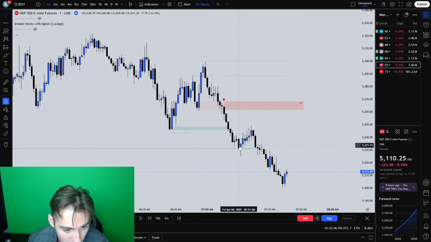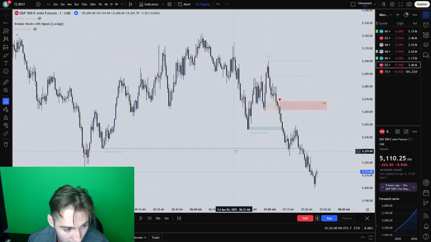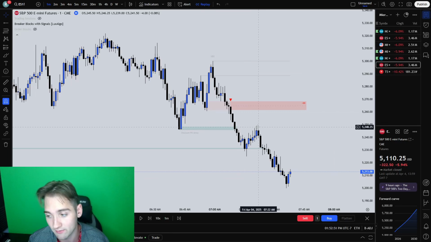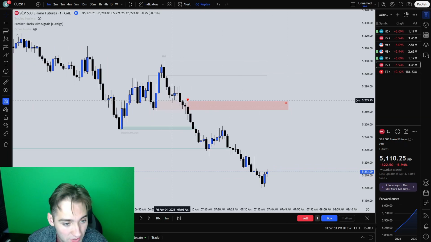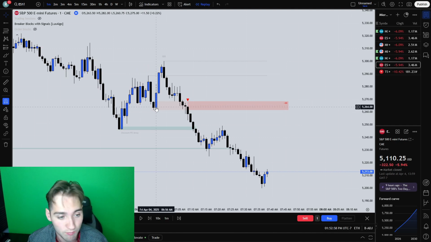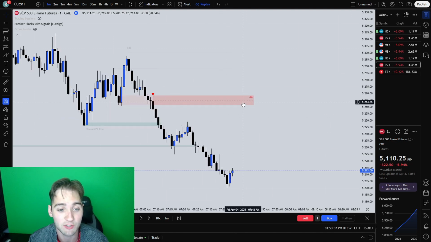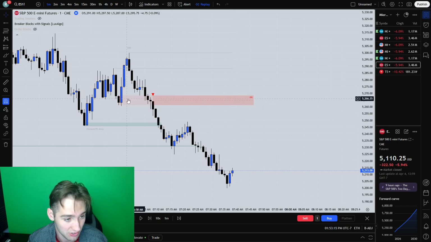Okay, price comes down into this PD array area, boom, bounces off right from it. Okay, what did it mark out here? Well, we have this breaker block right here. This candle is our breaker block. Price eventually has to retrace into this breaker block to have a continuation down as a rejection from this breaker